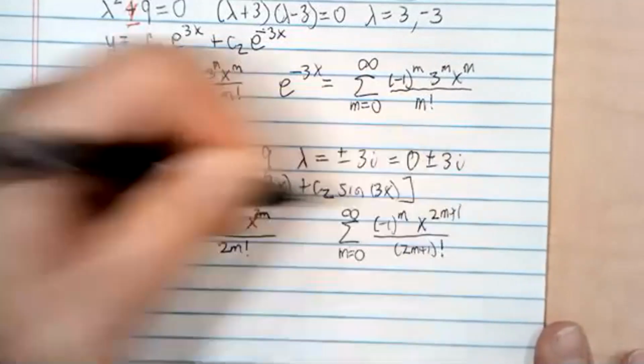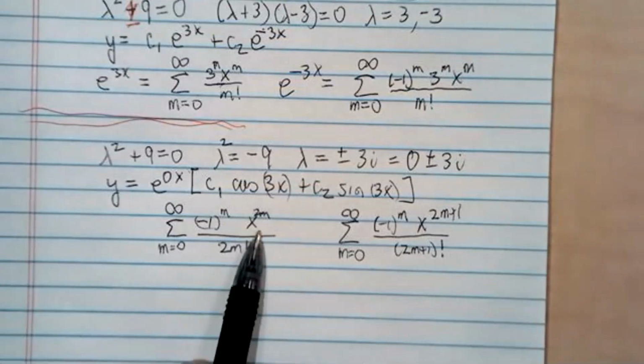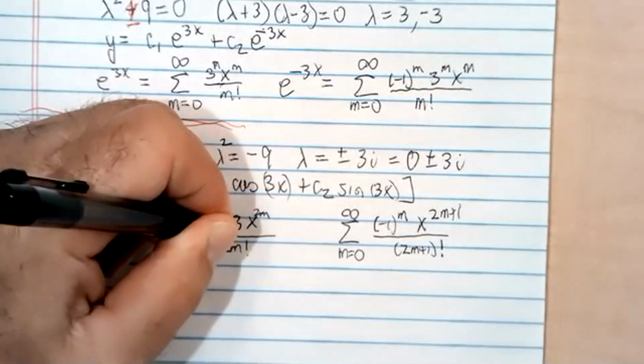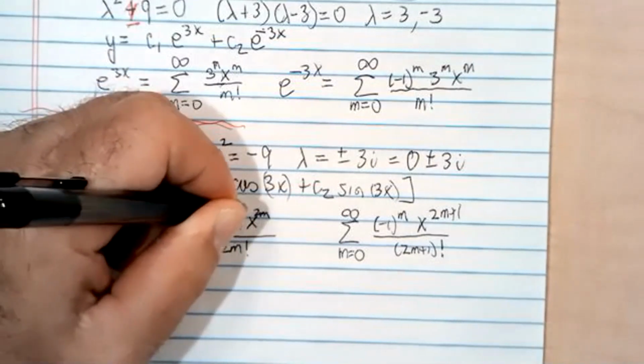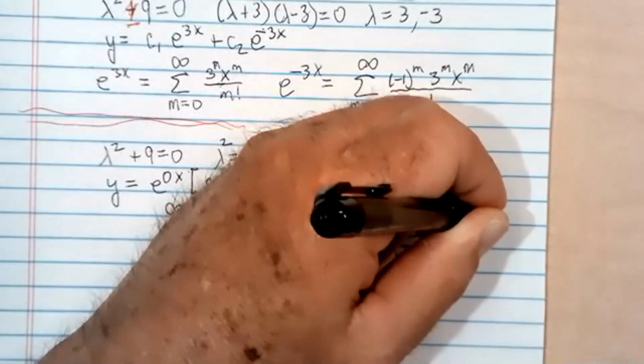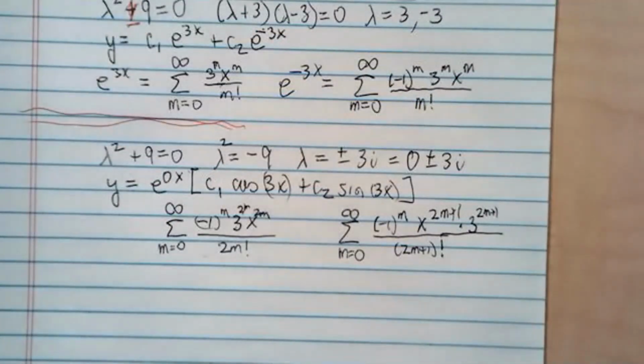But that's not quite what we have. There's a 3 in here. So if you replace the x by 3x, you just pick up a factor of 3^(2m). And here you would expect a 3^(2m+1). Okay, now